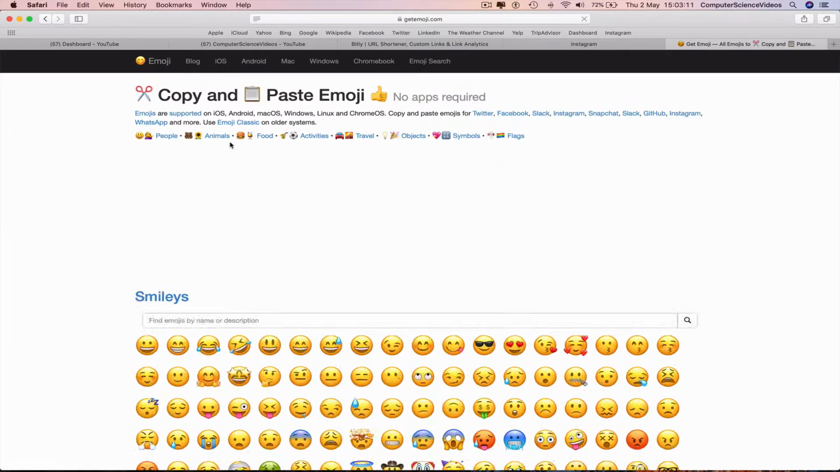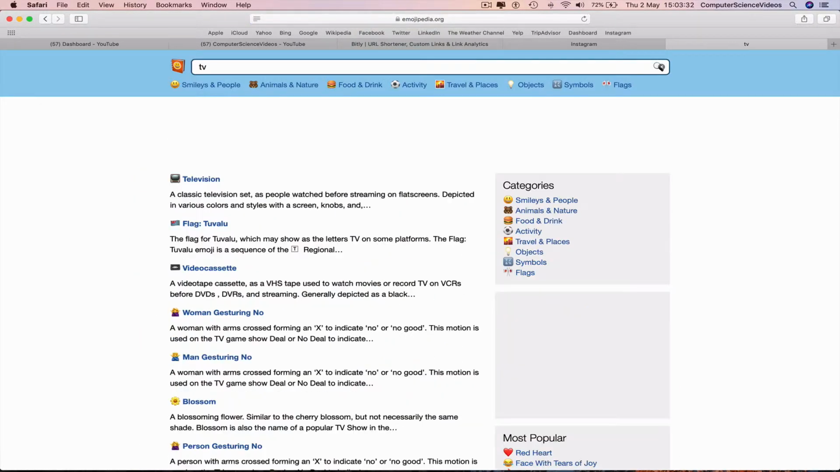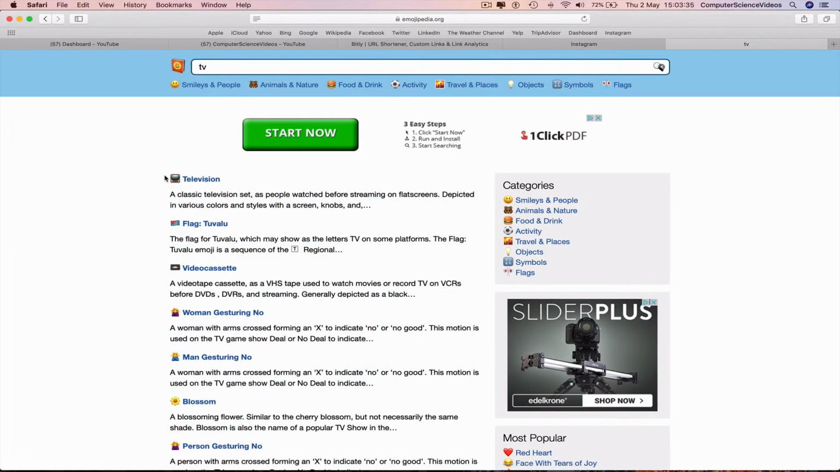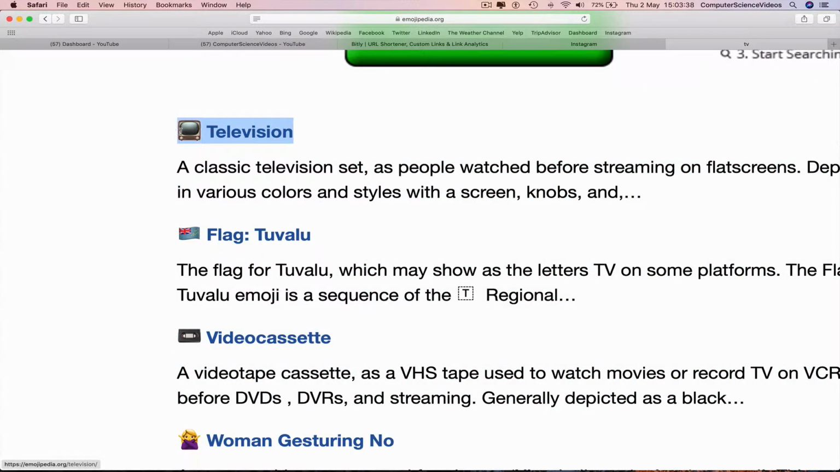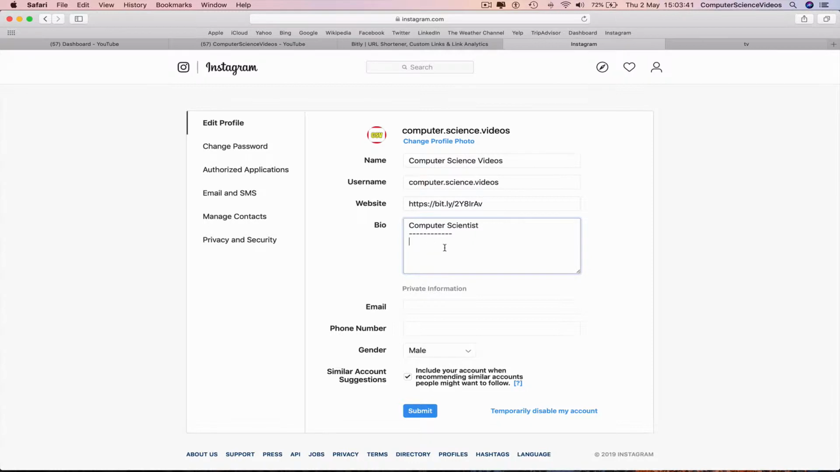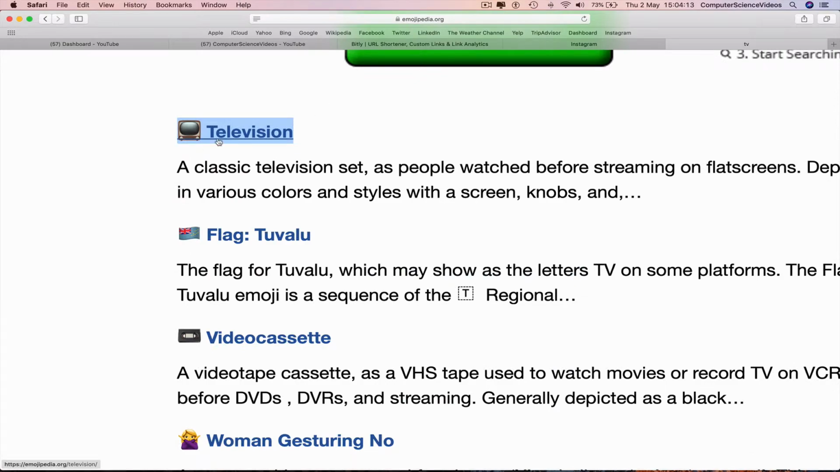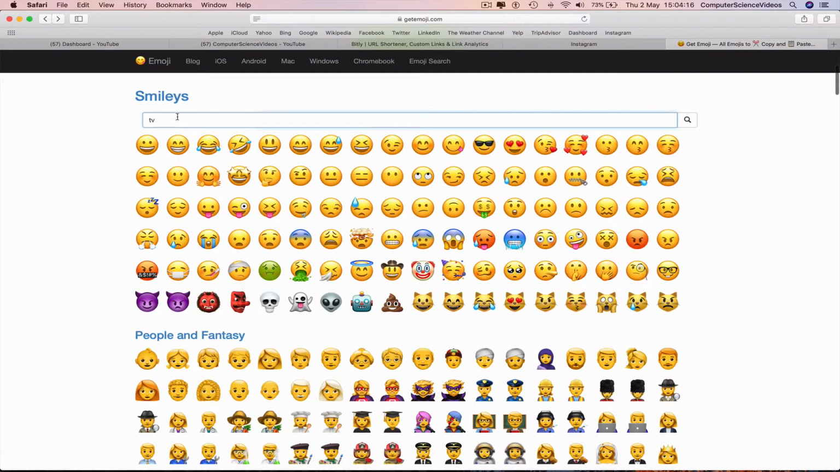Emoji. Maybe filter it down to a TV for the YouTube channel. Copy this, go back to Instagram, put that in there, change this to YouTube, the colon, computer science videos. Next, I would maybe insert my Twitter, go back to the emojis, go back again,